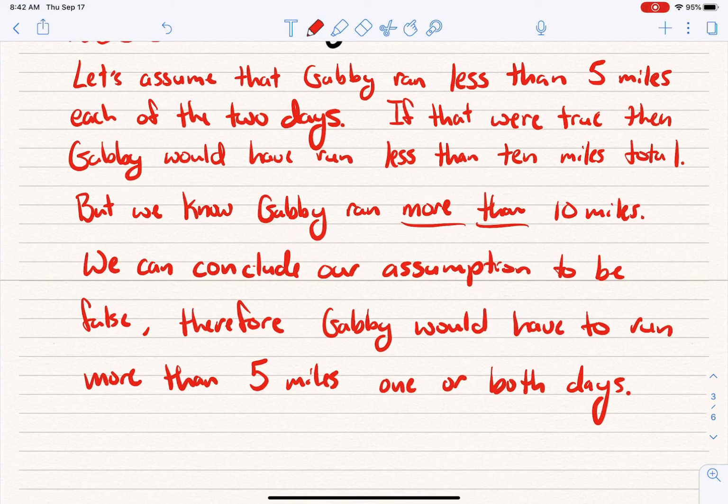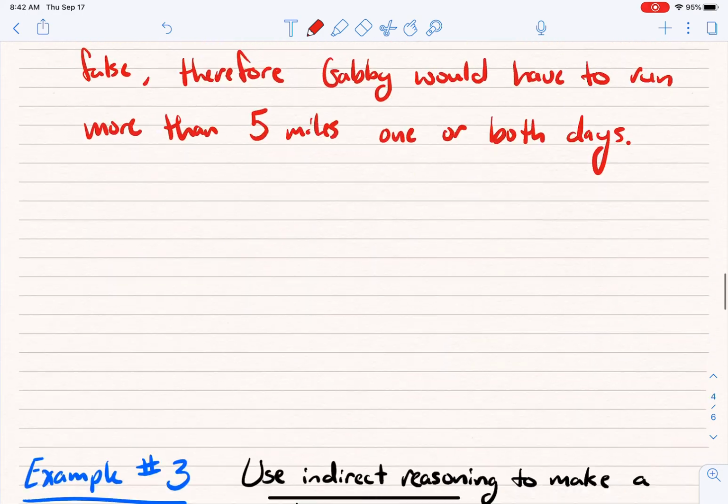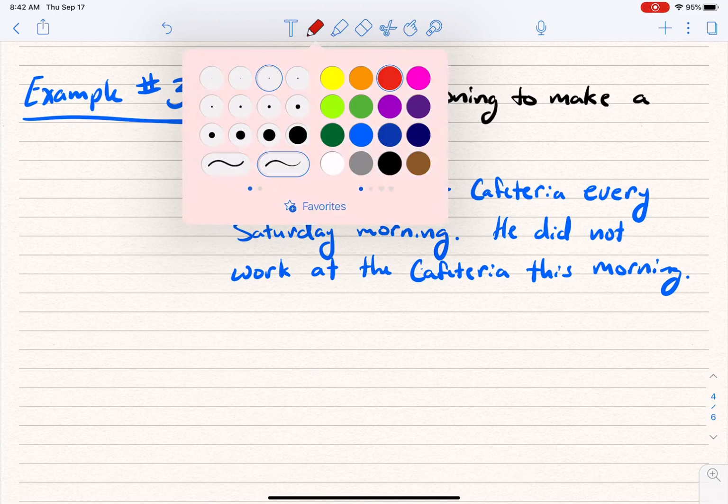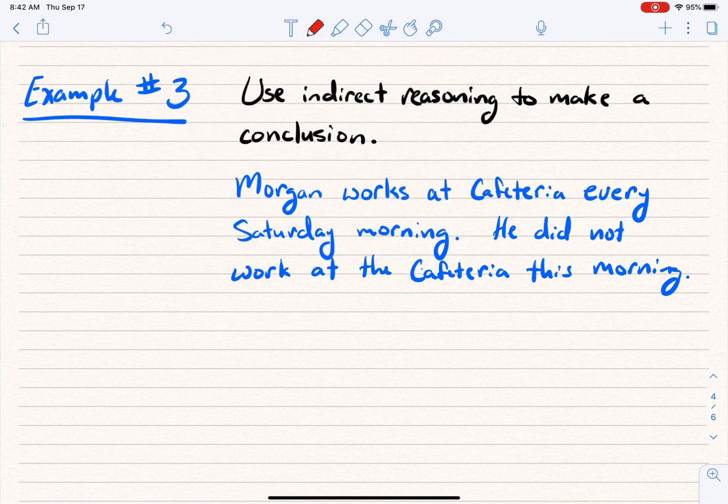All right, now we got that announcement out of the way. Let's get rolling. Okay, so we have completed this. So now let's try one last thought. Okay, so use indirect reasoning to make a conclusion. Okay, so our statement says Morgan works at the cafeteria every Saturday morning. He did not work at the cafeteria this morning. Okay, so what would be some indirect reasoning we could do? We could say, if he did not work at the cafeteria this morning, okay,